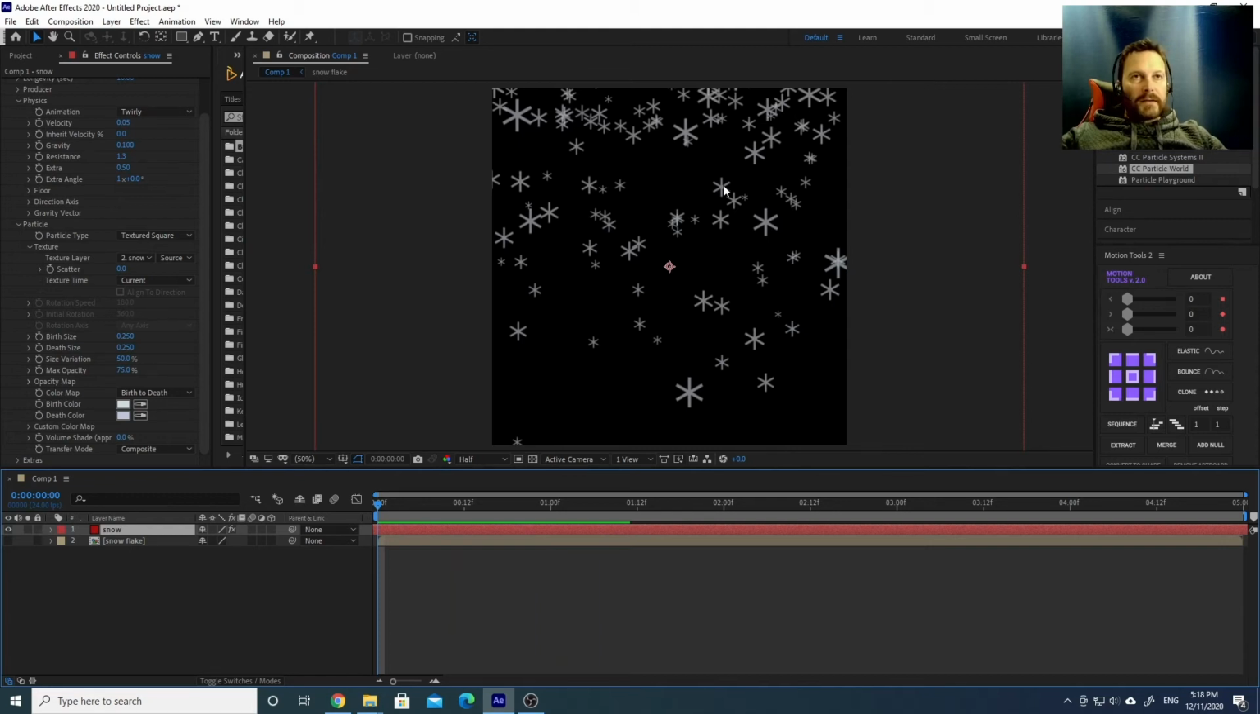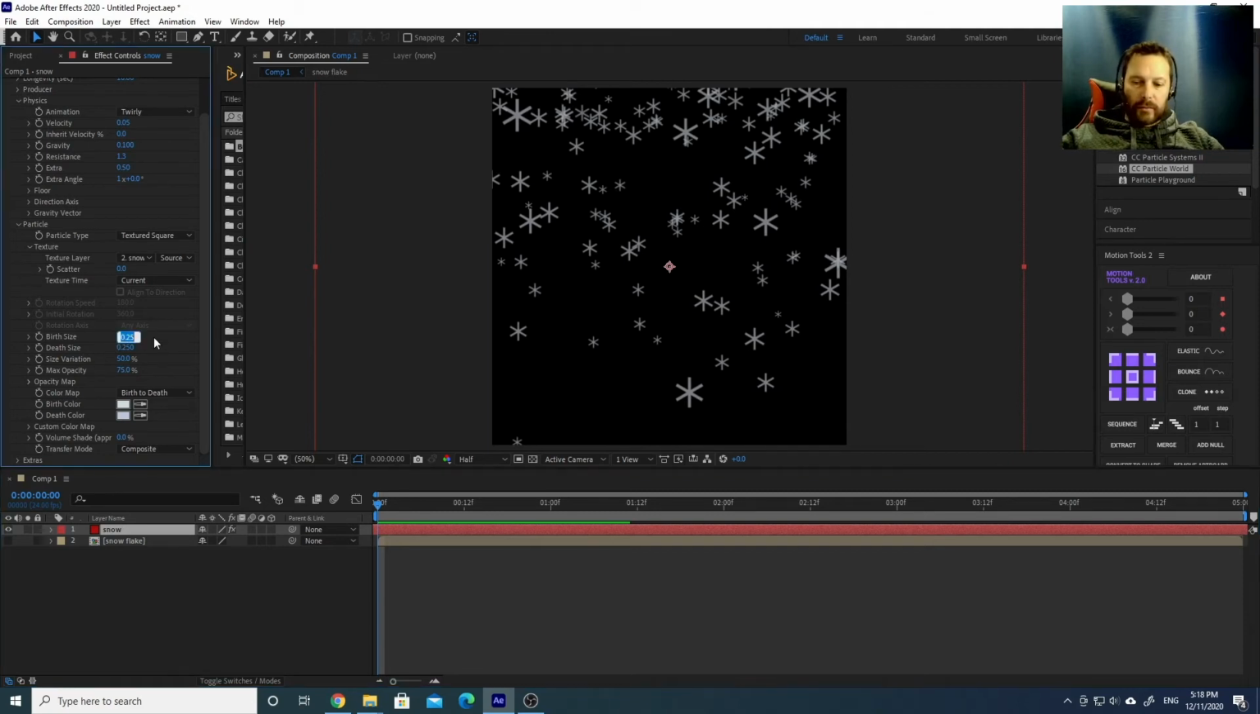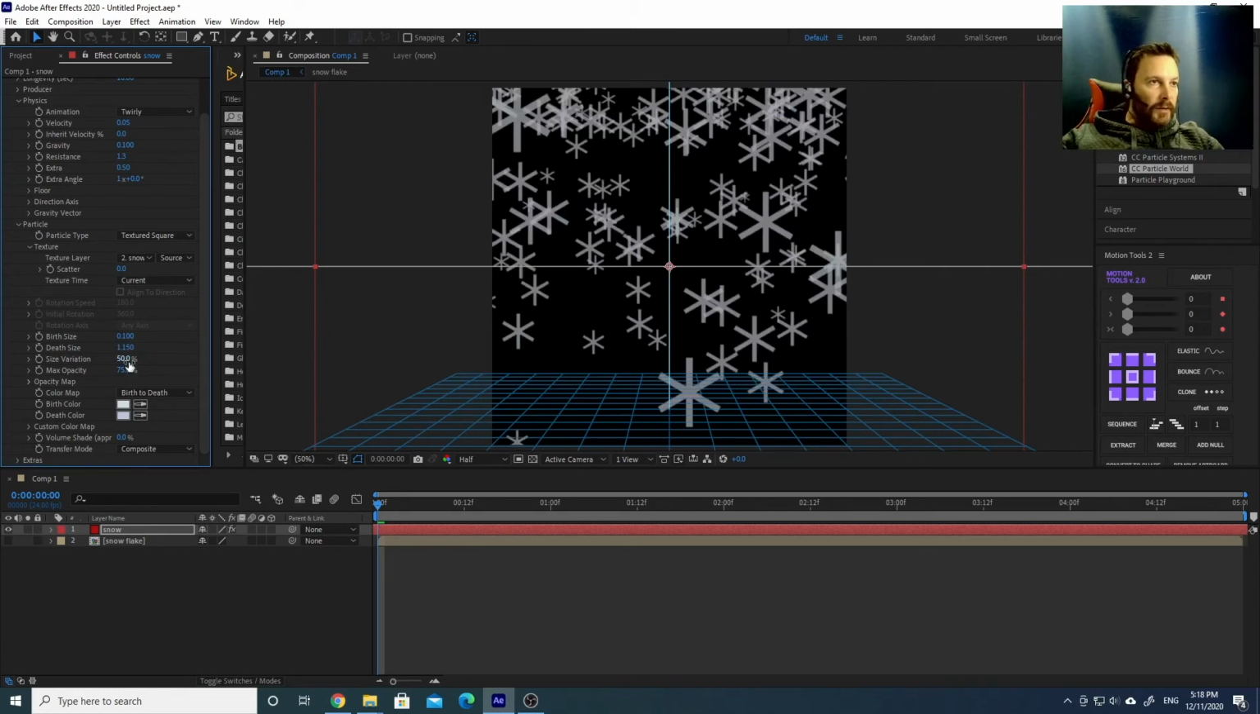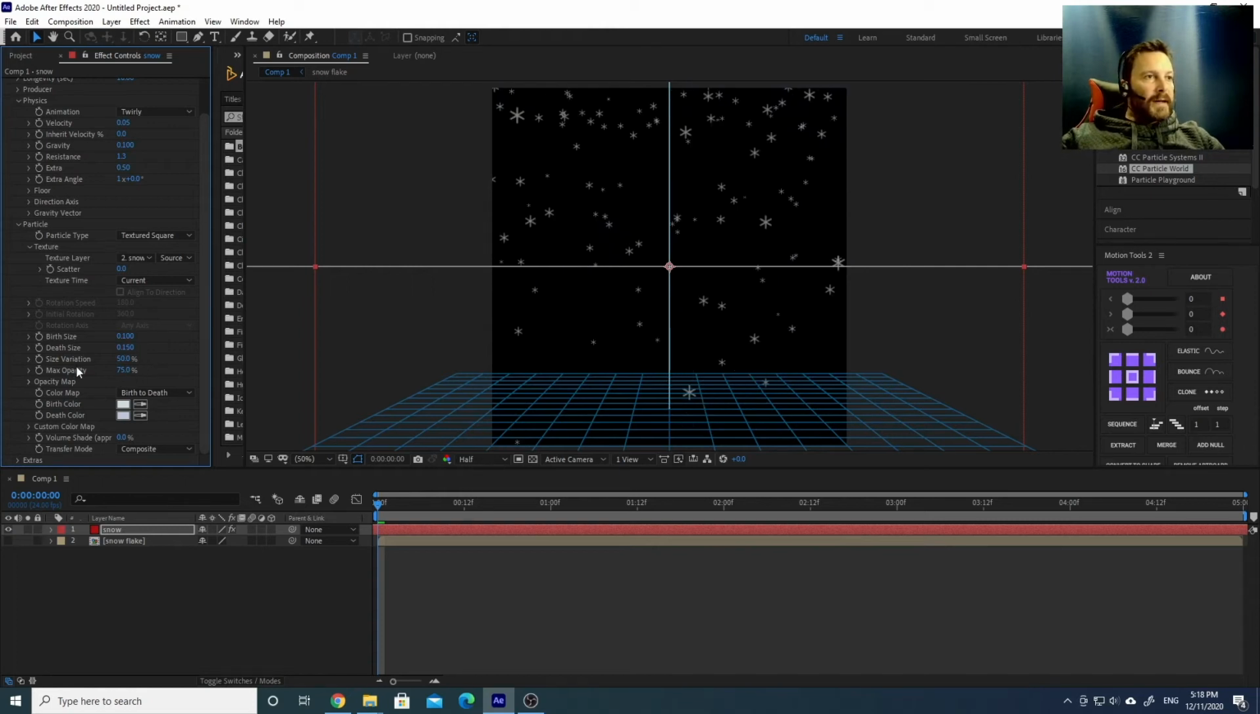Actually, what we can still do is to reduce the size of our snowflakes because they're too big. So we can put 0.1, maybe a little bit bigger, 0.15. Size variation, we can set the difference between the